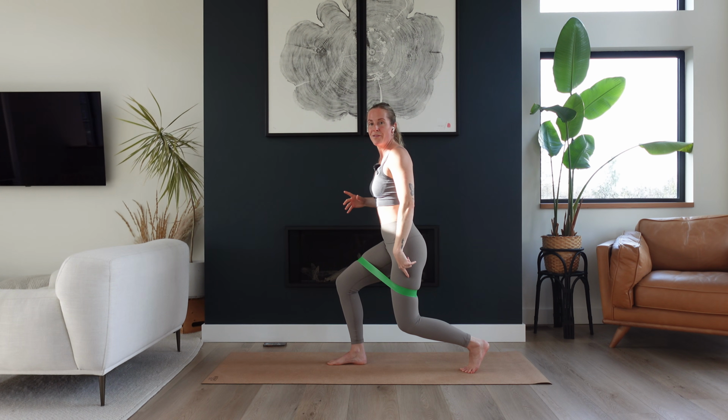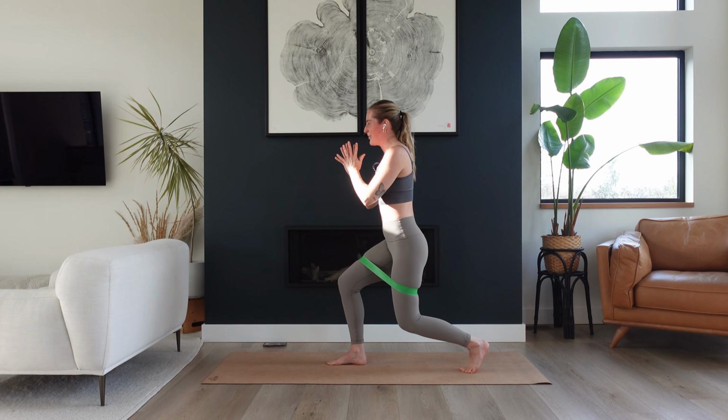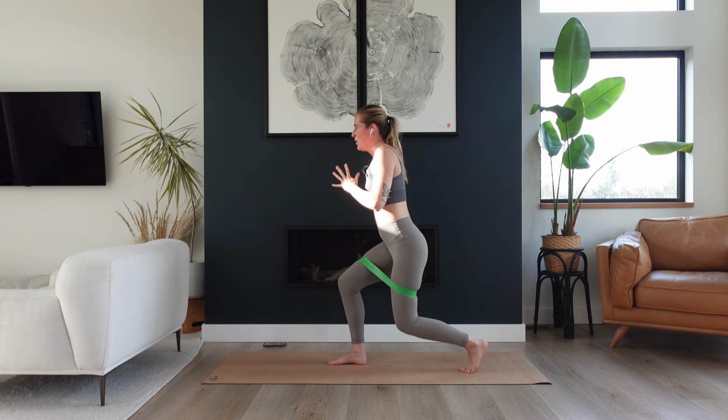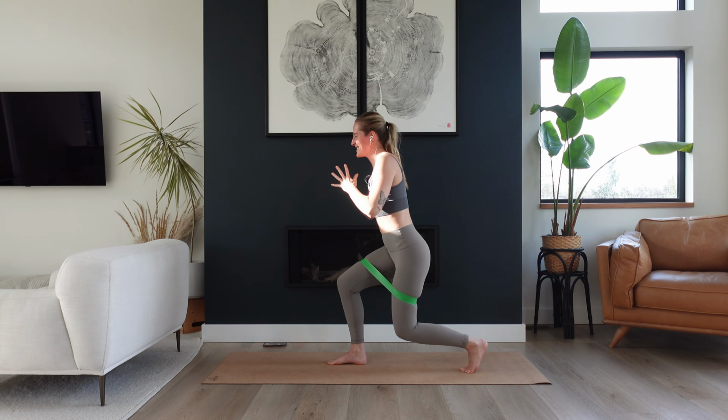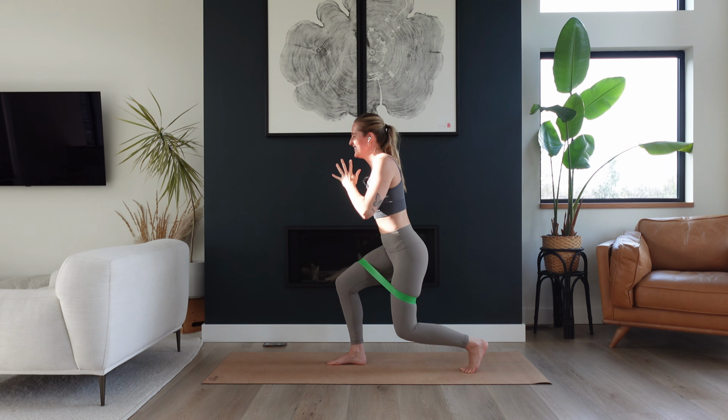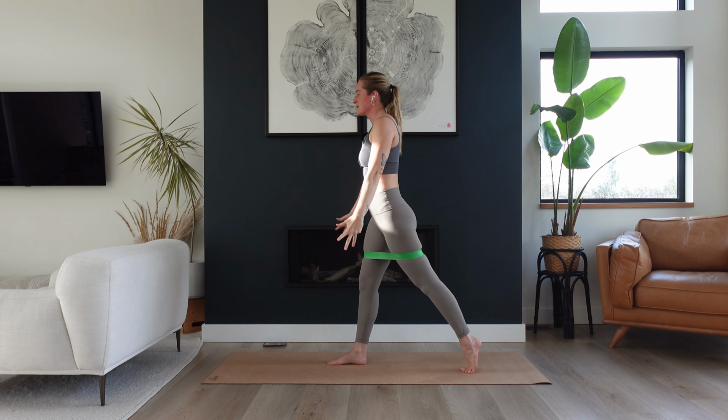Left knee is hovering off the mat, shoulders stack over top of the hips, pulse down, down, 1 inch, 1 inch, lovely. Oh my gosh, if you're using the band, this is definitely firing things up. Press into all 4 corners of your right foot, pulse, pulse, pulse. Yep, stay with me for 5, 4, 3, 2, 1, and then stand up tall, sweep the arms